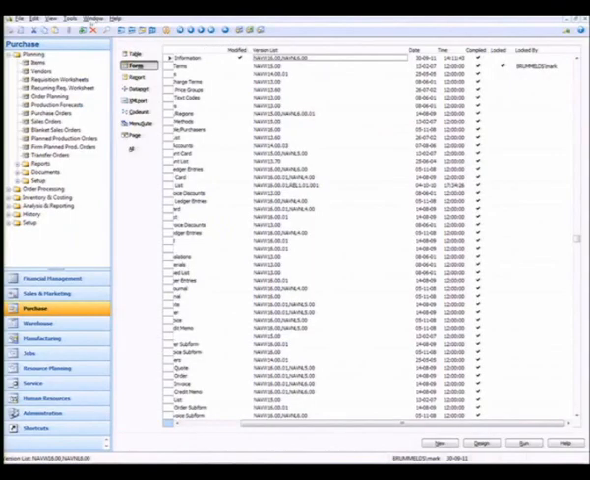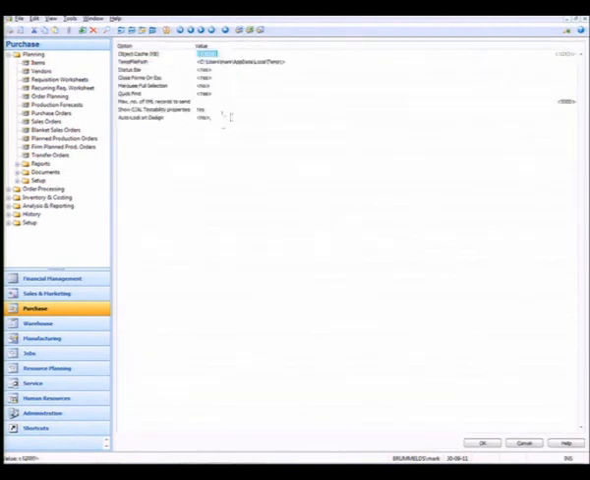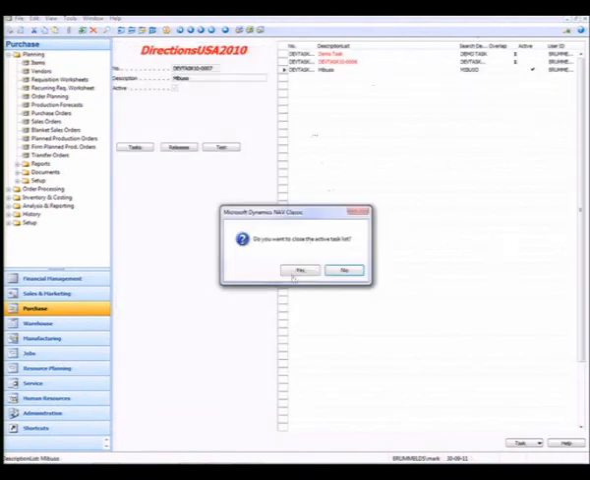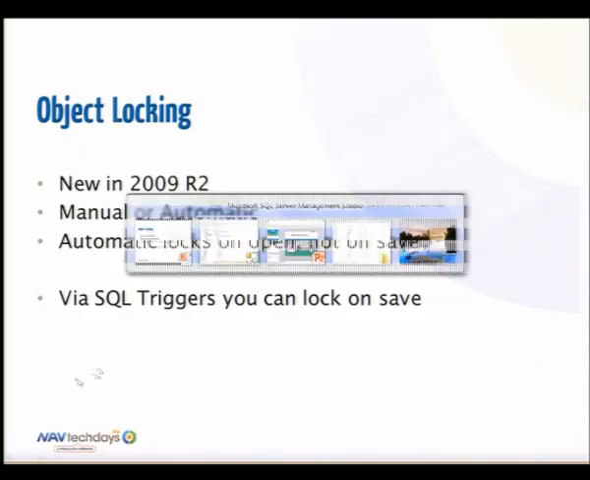Another option is to have it automatically lock objects when you design. This is kind of a hidden feature, which is in a table which is not really subject to change in many installations. But in the options of the client, there is this auto lock on design, which you can put to yes. And if you start the client again,